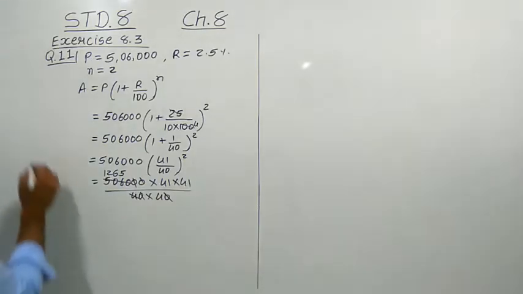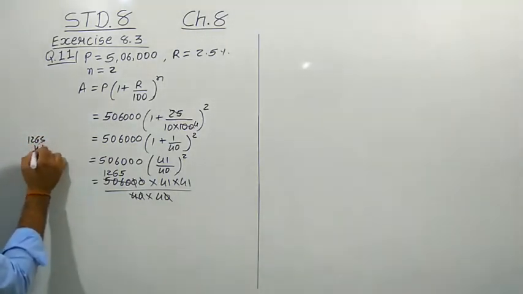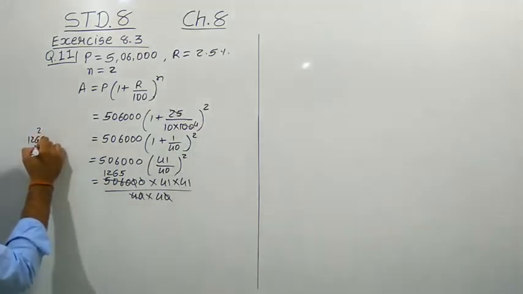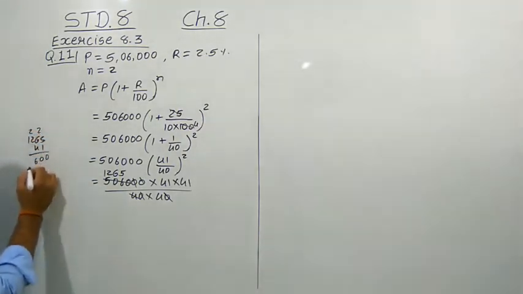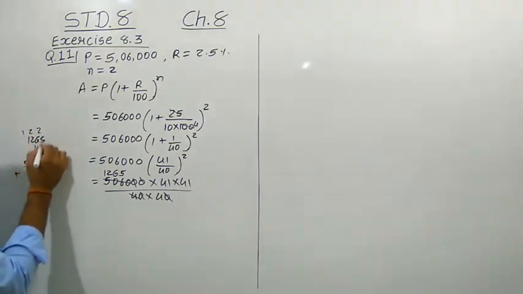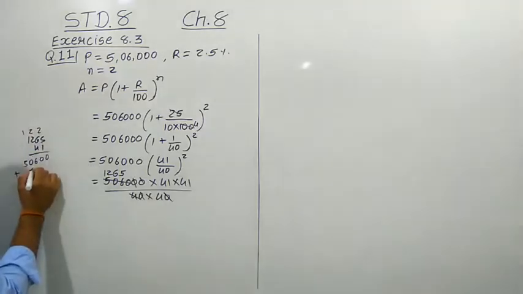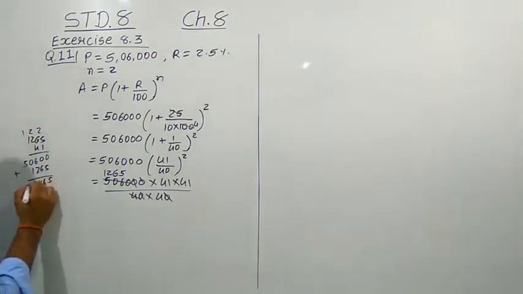So let us multiply 1265 with 41. So we are getting 0, 5 was the 20, 6 was 24 plus 2, 26. 4 twos are 8 plus 9, 10, 0, 1, 4, 1, 4 plus 5. Plus, we have to multiply with the 5, so we get 1, 2, 6, 5. So 5, 6, 8, 1, 5.